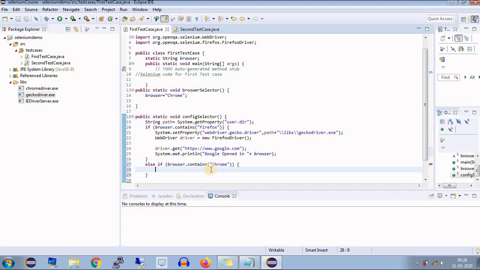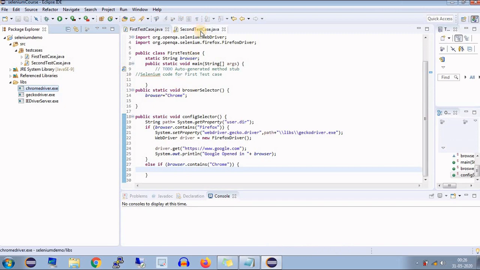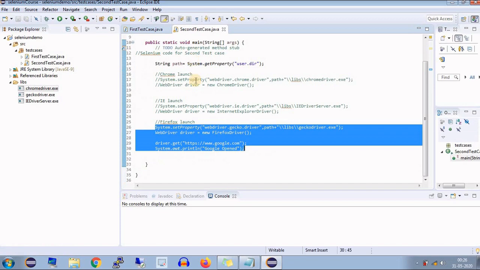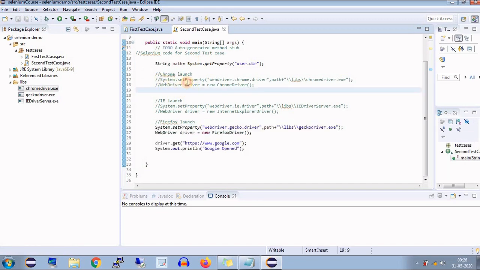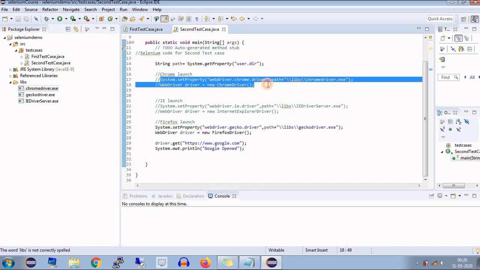So let me see it in our existing code. Here it is. So let's copy the Chrome driver code and then paste it here.